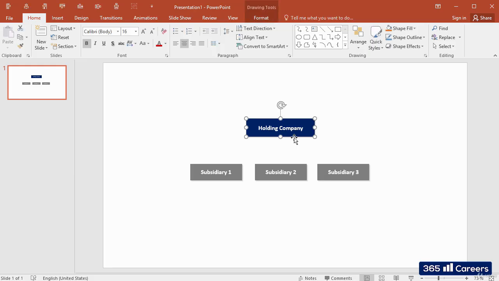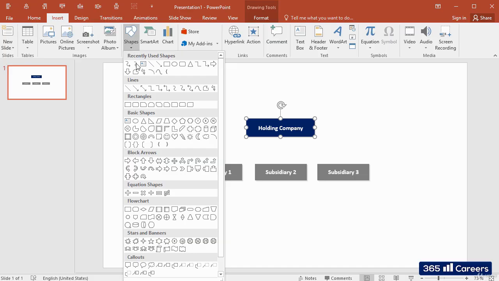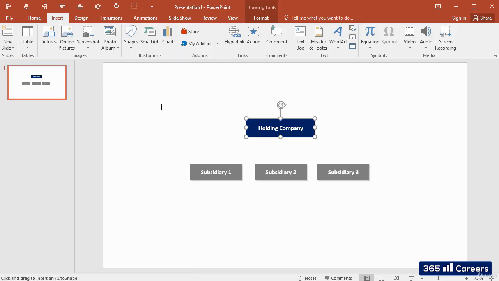We can insert connector lines by accessing the Insert tab and selecting Shapes. All types of lines that can be inserted in PowerPoint slides can be seen in this part of the Shapes menu. In order to connect the holding company with Subsidiary 2, which stands below it, we can use a line connector. Let's pick the one that ends with an arrow, because we need to emphasize the relationship between the two